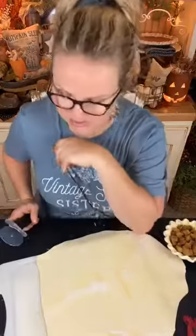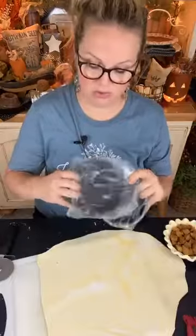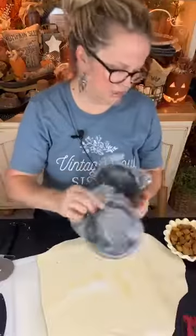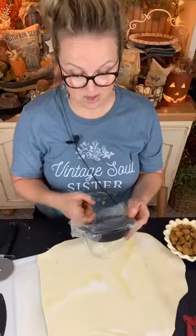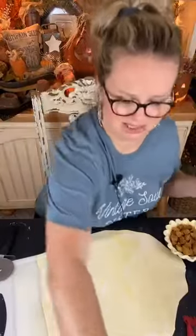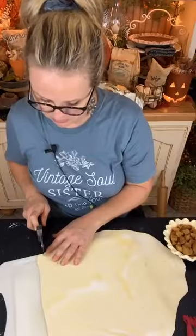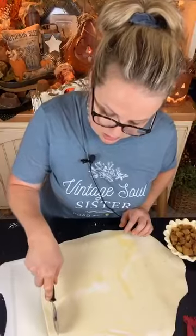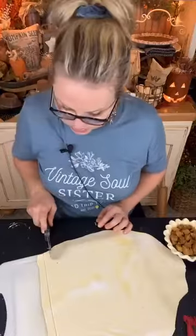The little pie pans, they come in a set of 4, and I got them on Amazon. I'll be more than happy to share the link with you later if you can't find them, but they're so cute. I don't think I saved the box, but they're probably maybe a 5-inch or 4-inch. I don't know, but they're so cute and dainty. They're just perfect for the little mini pies. I couldn't find any of the little mini disposable pie pans anywhere close to me, so that's why I went with Amazon on those. Now I'm just going to cut me a couple of strips